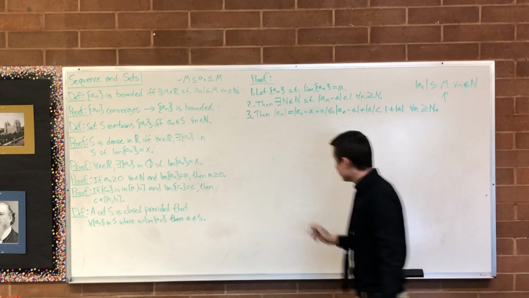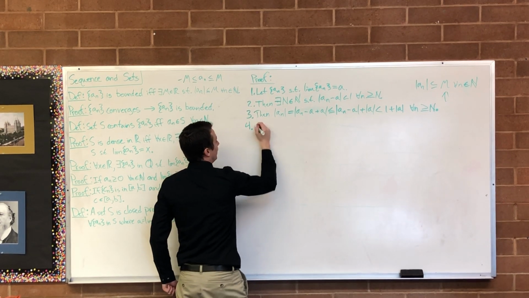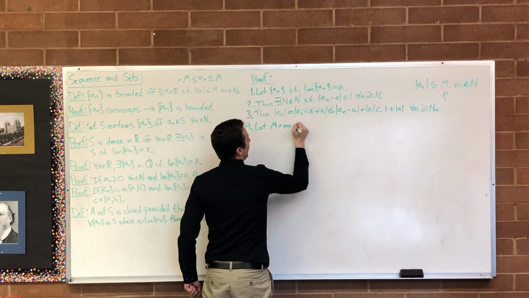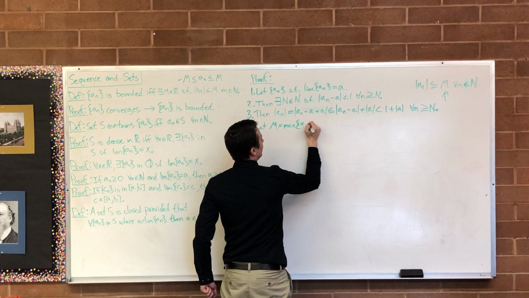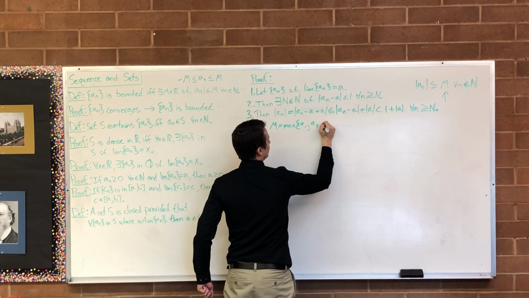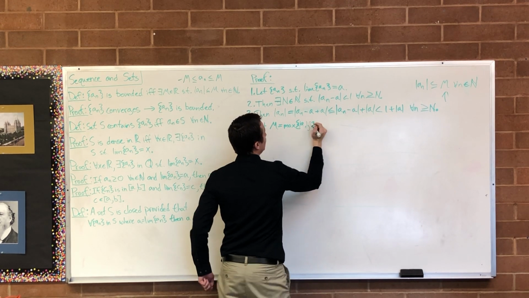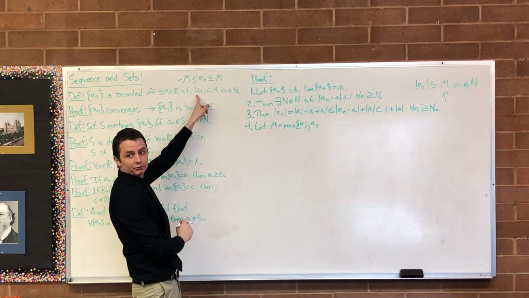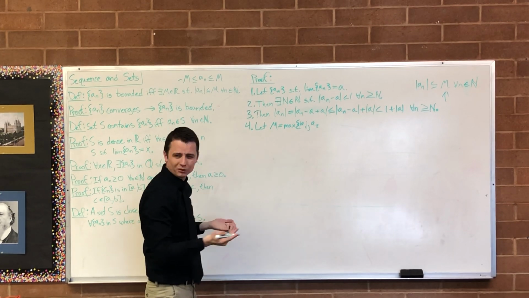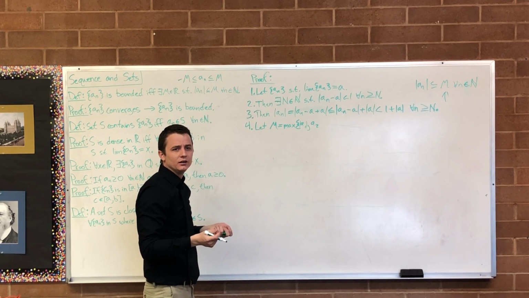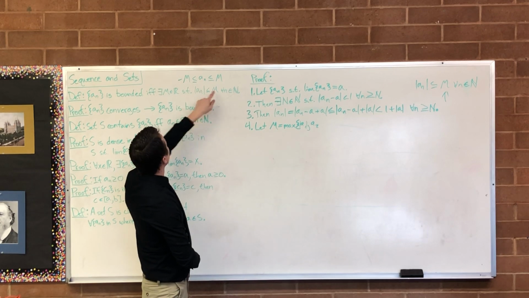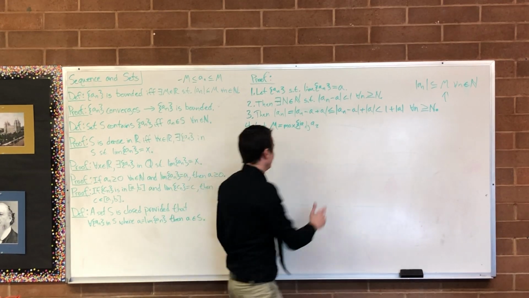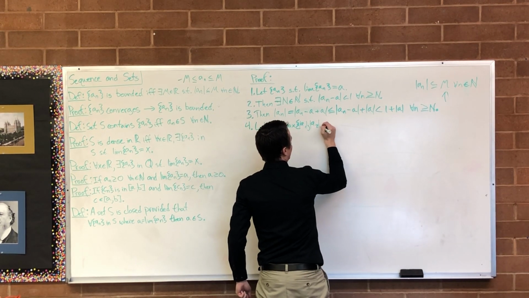So now, we need to find our M. Let M equal the max of the absolute value of the first term in the sequence, the absolute value of the second term in the sequence, and so on, because we need M to be positive, whatever it is. Since M has to be greater than or equal to an absolute value, we always need the positive terms. Of course, the max is always going to be positive. We always need M to be greater than or equal to the absolute value of a_n, so always make sure it's the absolute value of the term. There we go, that's right. So the absolute value of a_2,